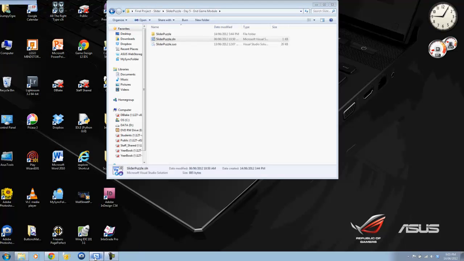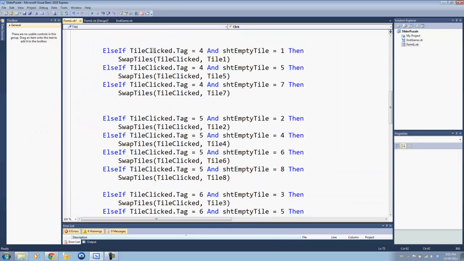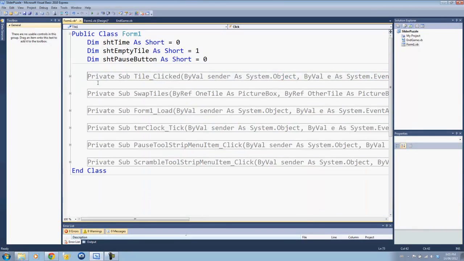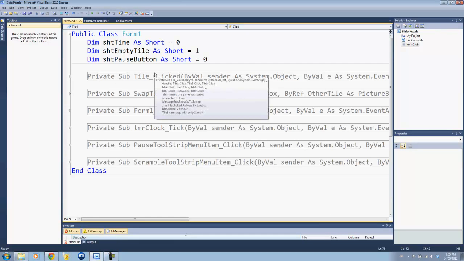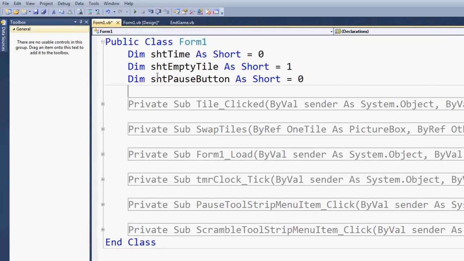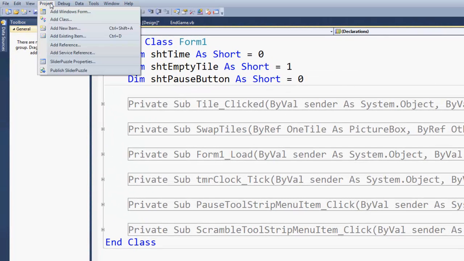Okay, welcome back IT9. Today we are working on our endgame sequence. This one will be fairly straightforward to do because a lot of this code is probably a little too complicated for grade 9, so I'm going to give you the code in something called a code module. What I would like you to do is click on your project menu item up top and click